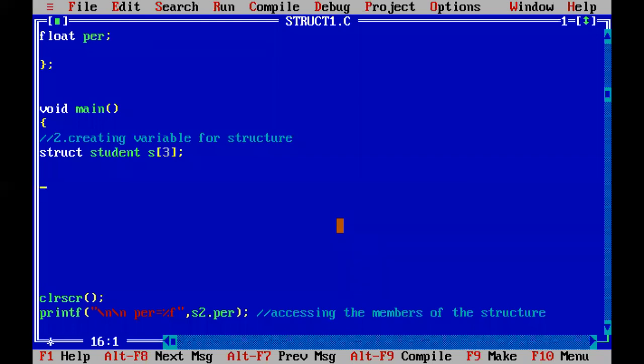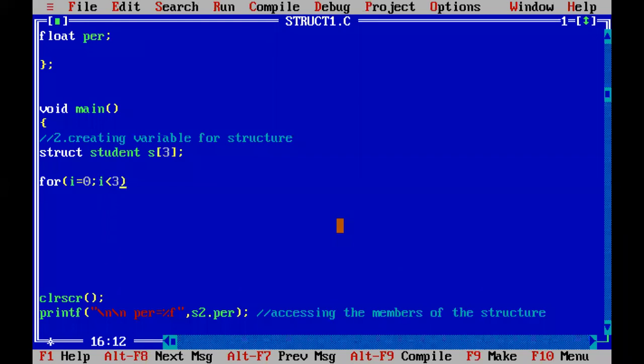So how to give the values? First you ask the user to enter the values. I am using the for loop. Here I start with 0; I must be less than how many students we have? 3 students.